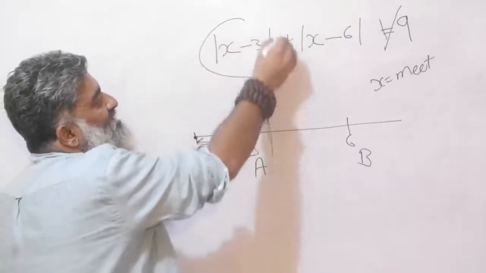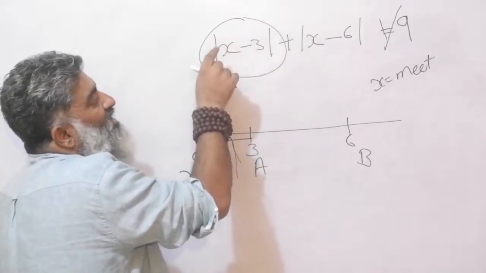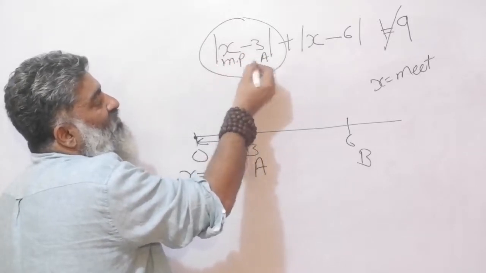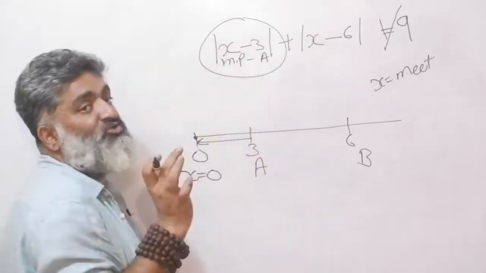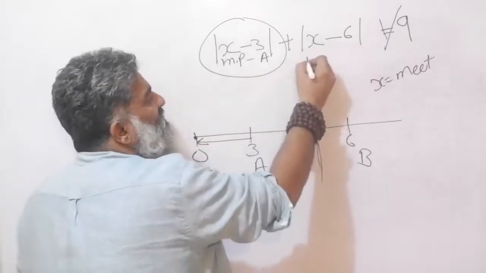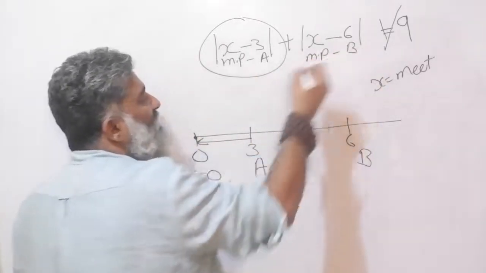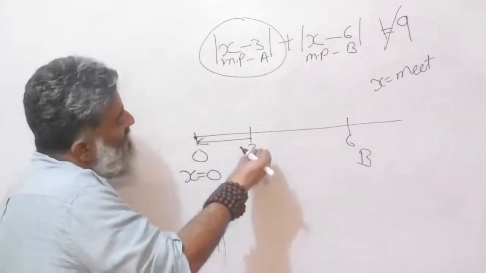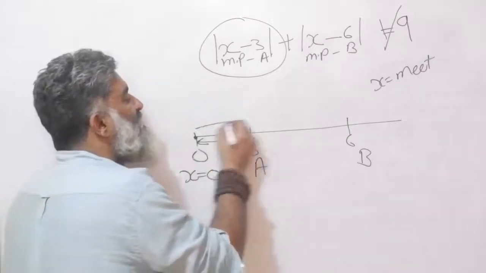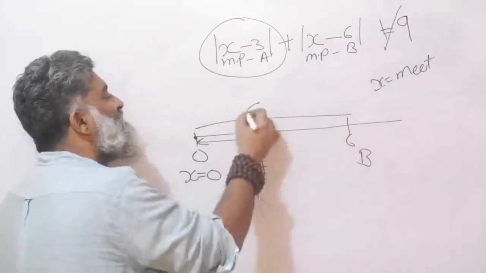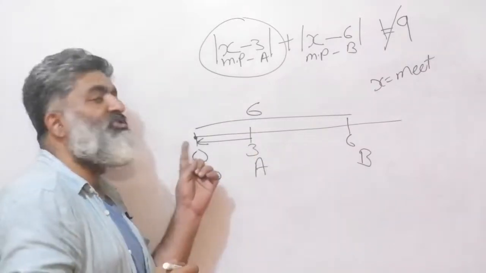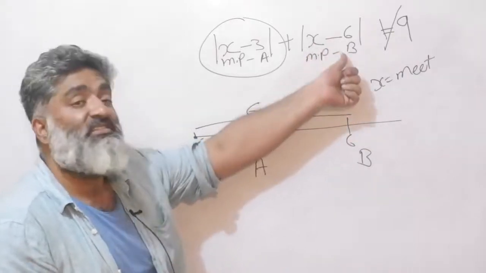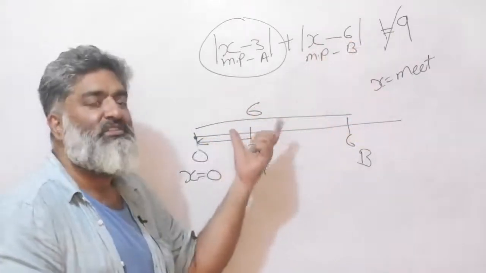So this is essentially telling me the distance of the meeting point from A's house. This is the meeting point and this is A's house. This is telling me the distance between these 2 points. Similarly, now this is telling me the distance between meeting point and B's house. So I'm looking at that distance only, 0 minus 3. In fact, because it's on the number line, I can just see it is going to be 3. And similarly, the distance traveled by B is going to be 6 units, right? 6 to 0 is going to be 6 units. Mathematically, you can count it as x minus 6, so 0 minus 6, but there is a mod function, so you will get 6 units again.